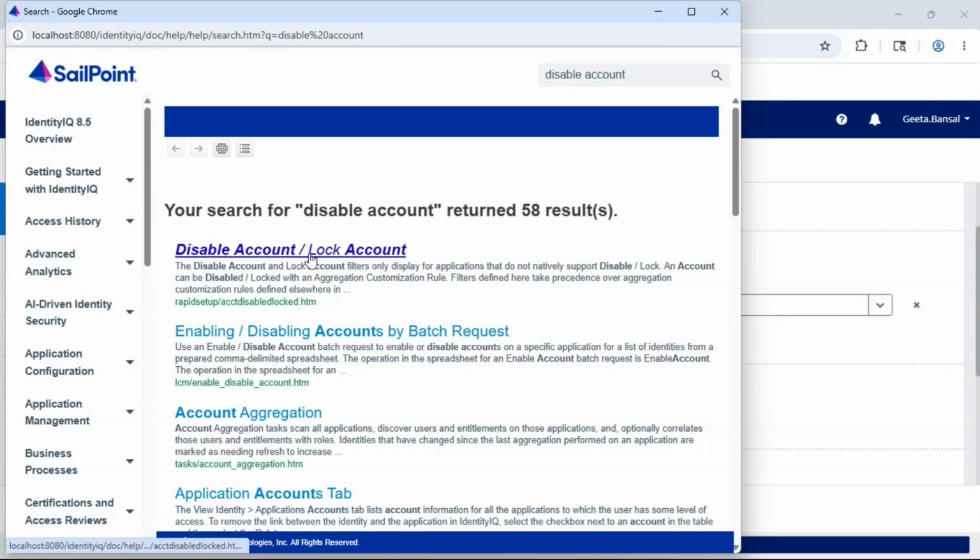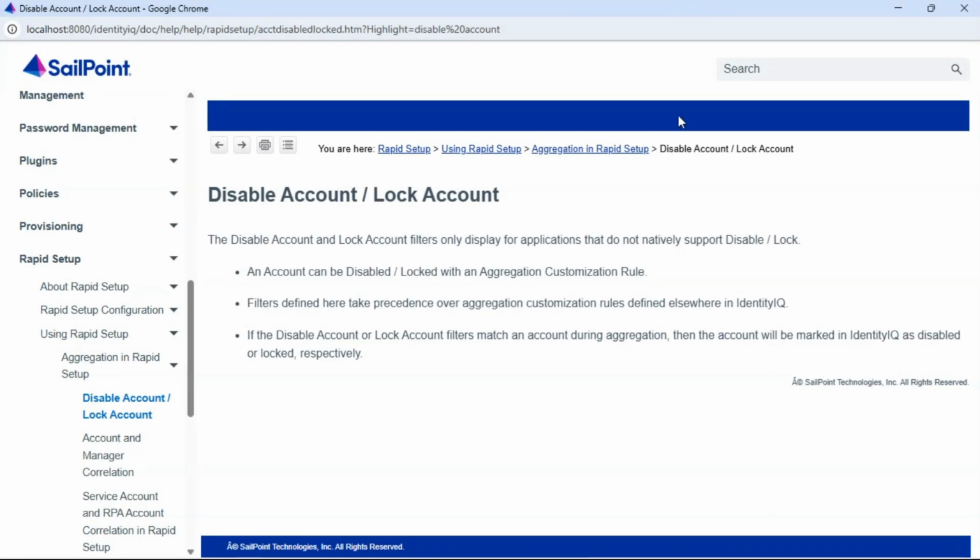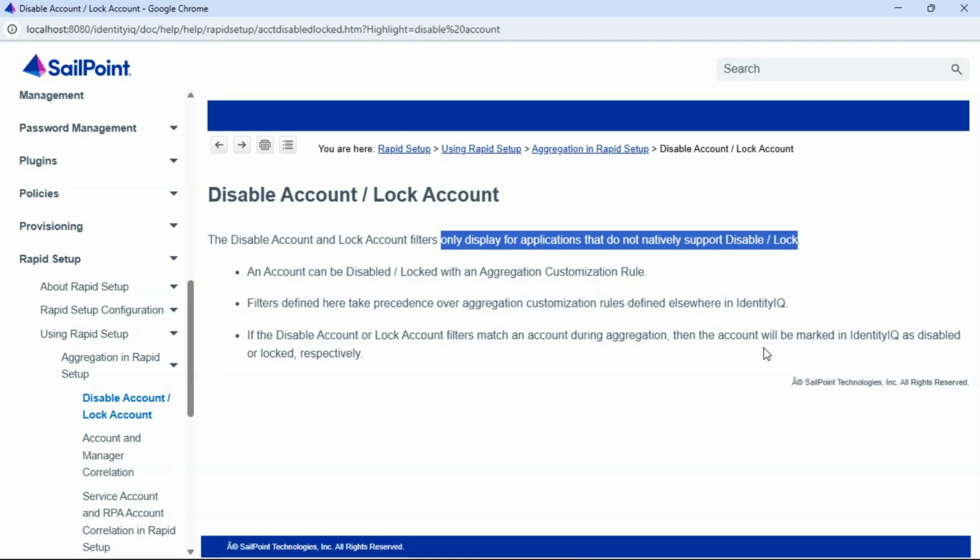Yeah, see here we are having a separate article for that in the official SailPoint documentation. So here what it says, the disable account and lock account filters only display for the applications that do not natively support disable or lock. So it is clearly stating that the disable account and lock account sections in rapid setup only appear for certain types of applications, specifically those that do not have a built-in way to handle disabled and